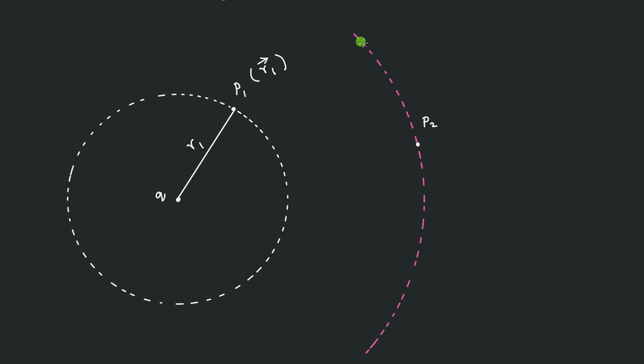Now because I am drawing a circle like this, and P2 is the position x2, y2, z2, which is nothing but an r2 you can write down. And therefore, if you are going to choose from here to here a straight line, then that distance should be R2. So let me draw a straight line, and that's it. So that distance should be R2 here. So I'll write down that this is R2. R2 is measured from this particular origin, and this should be R1. So R1 and R2 is visible now because of the circular path.